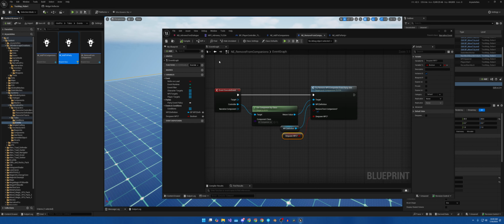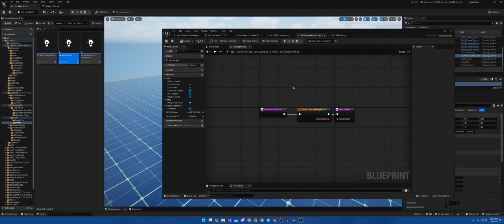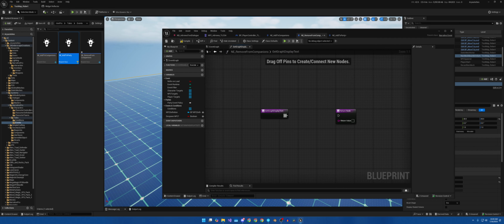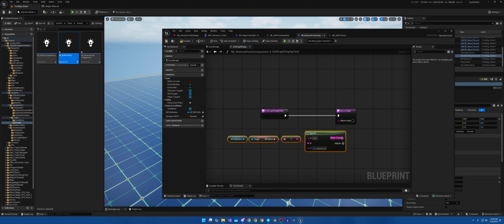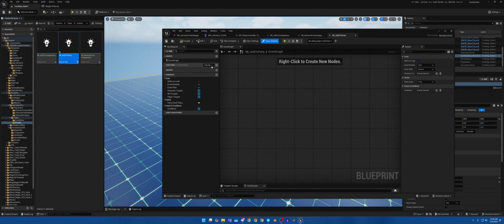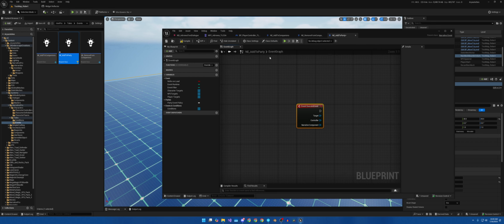Oh, one thing I forgot to do here: we need to override this text here in the remove from companions. If we just come here to this one, we do that and just change it to remove from. There we go. Compile and save. Now back here in the add to party, execute event,